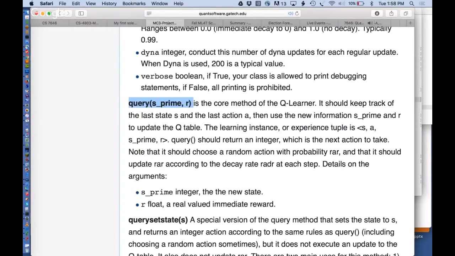You realize you're in a new state and you're getting a reward for the last action you took. Now you need to separately remember, so you need to use a local variable to remember what was the state I was in before and which action did I take. So you have to remember S and A, right? And then you're told S prime and R, and those four things are all that you need to update your